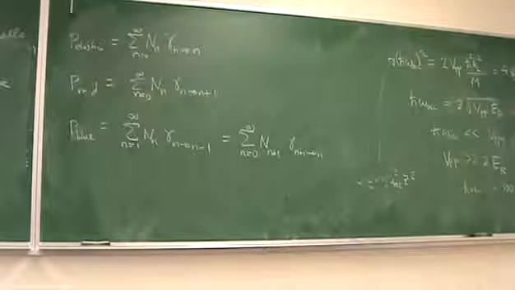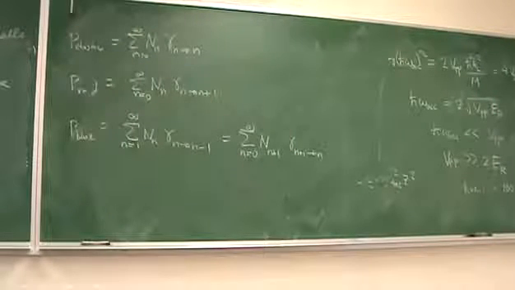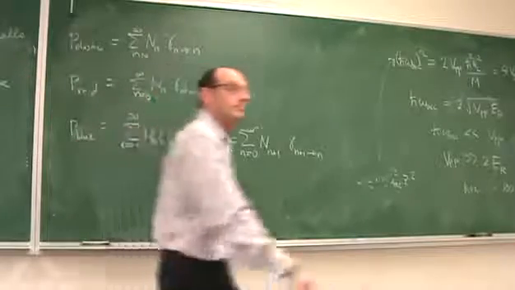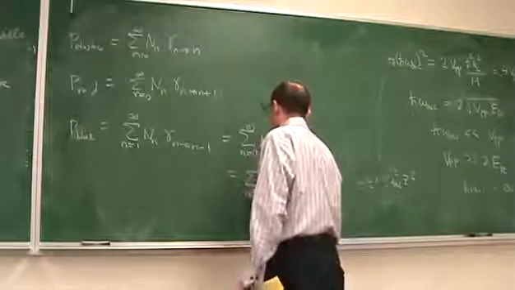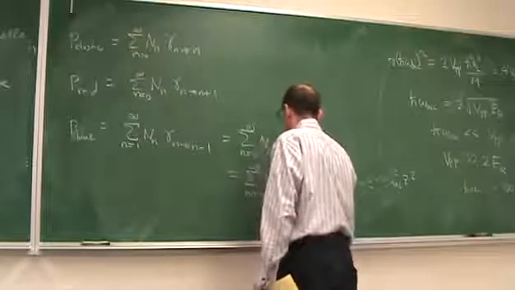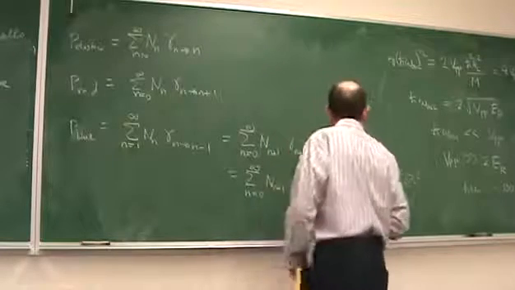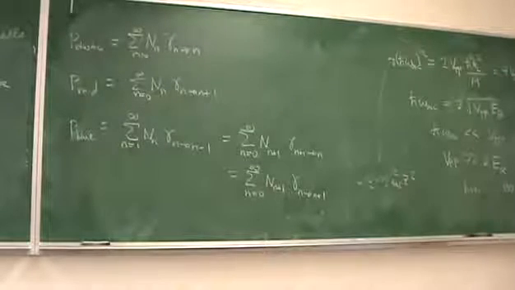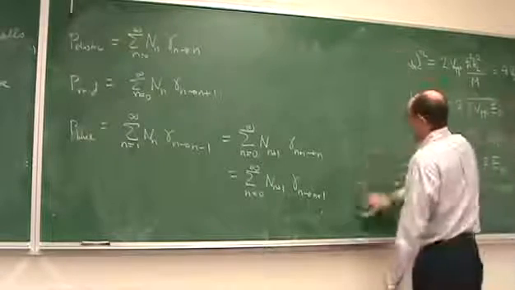And moreover, from this expression, we see that this is symmetric because it depends on the square of this matrix element. So this is equal to gamma m to n. So this is equal to less. Okay? Now, if we are in steady state,